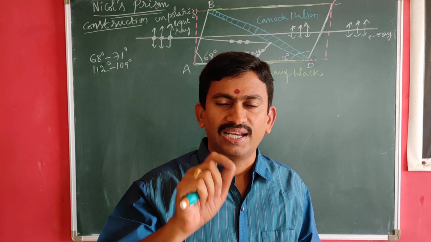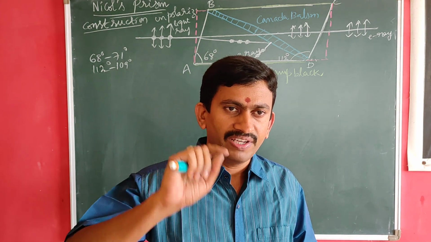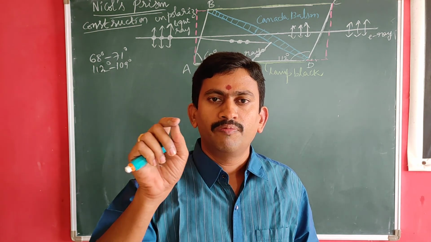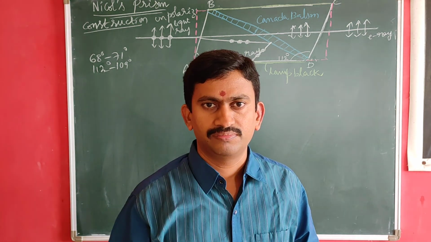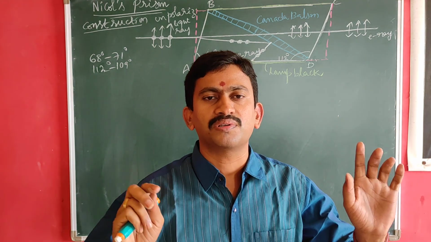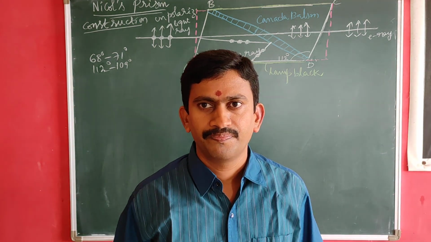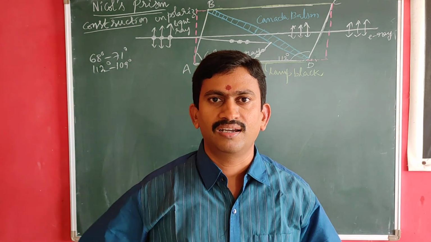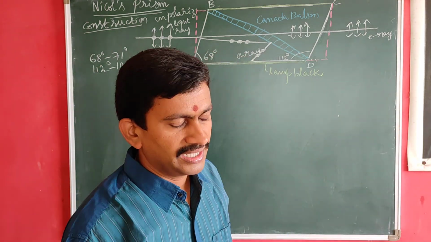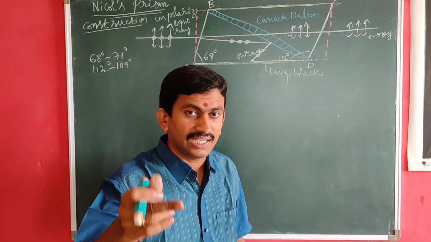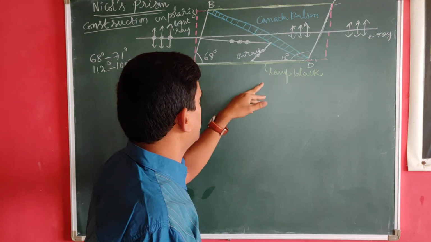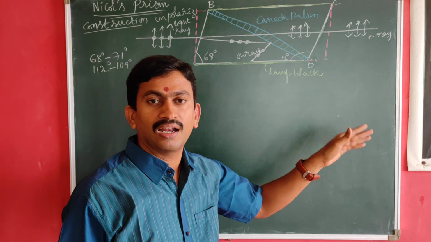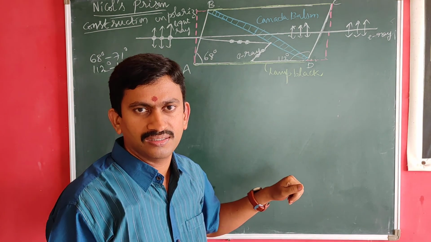So the region which we are able to view with that instrument, we call it the field of view of that instrument. Similarly, our eyes also have a certain field of view only. We can view diagonally up to a certain extent. We can't view the back side of ours. Am I right? In the same manner, in order to increase the field of view of the nickel prism, the end faces AB and CD are highly ground and polished.